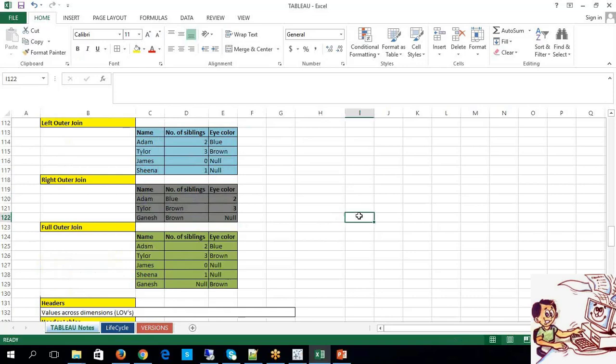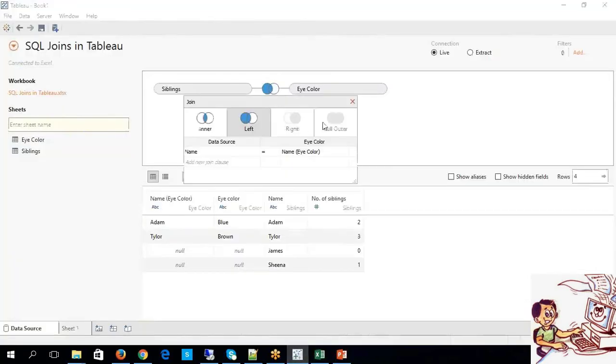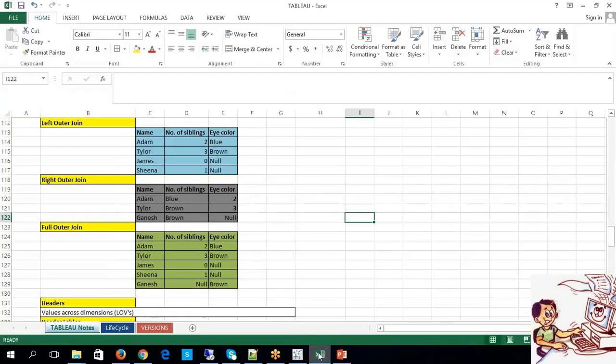No, not this one. The outer join, why was it grayed out in the dashboard? Is this the one? Yeah. Because someone was saying primary key and foreign key, but this is a spreadsheet. It doesn't have those relationships, right? So we do not have exact proper data. It is a problem with the source file. So that is the reason.